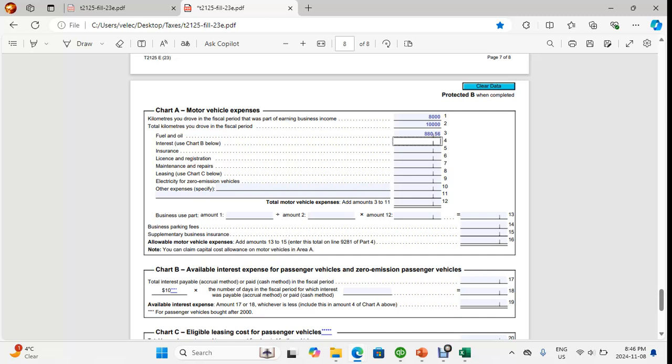Now for your interest expenses, you can use Chart B. This has to do with leasing, and we'll use Chart B after we're done with Chart A. So insurance, we'll come back to this part over here. Let's say your insurance. So when it comes to insurance,